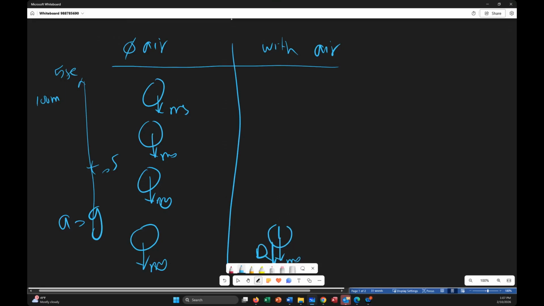Why is the drag force downward? Because the object is moving upward. The drag force is always in the opposite direction of the motion. So this drag force is getting smaller. Mg is the same mg. This drag force is getting smaller, yes. But when you compare